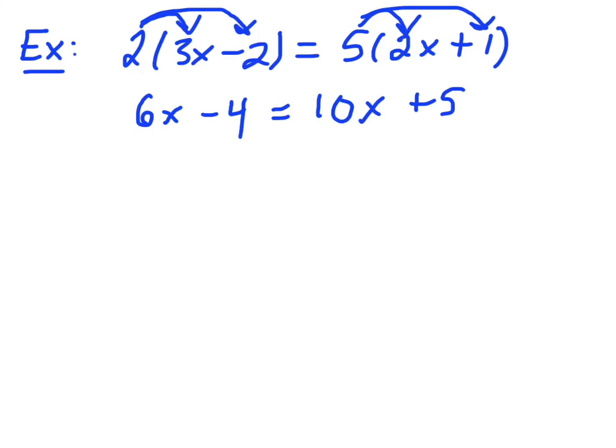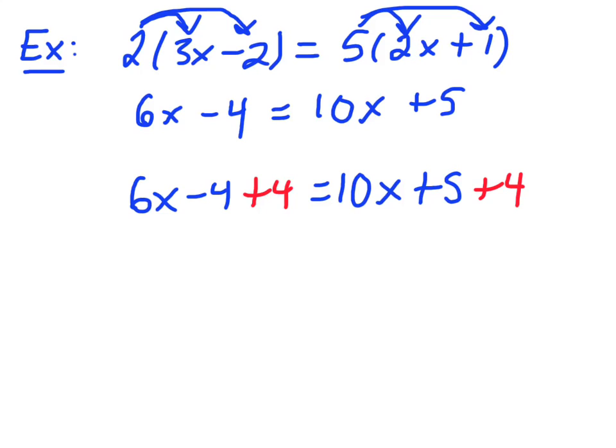So we're going to get rid of the 4 first. I think I had stopped for a second. Little guy was crying. So I'm going to get rid of the 4 first here by adding 4 to both sides. So 6x minus 4 plus 4 is equal to 10x plus 5